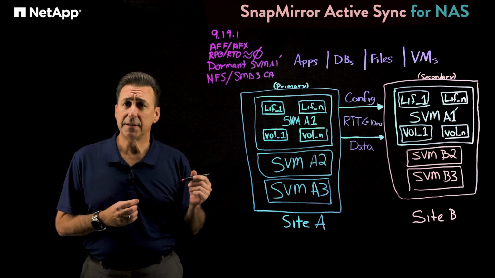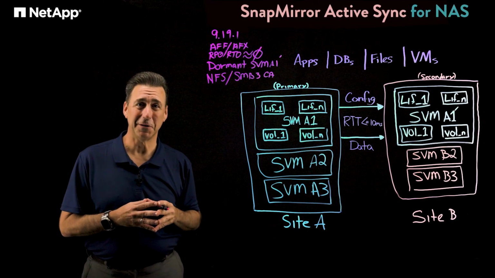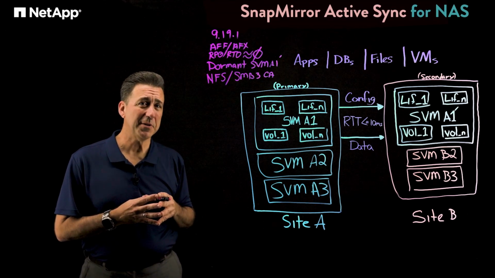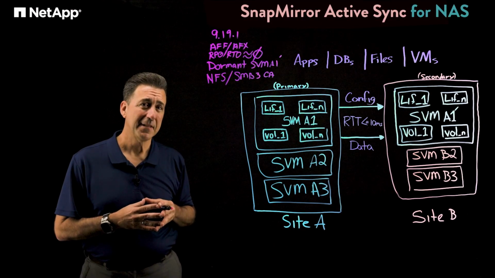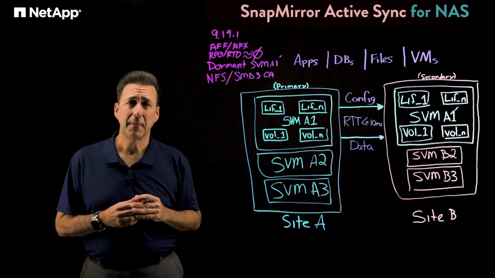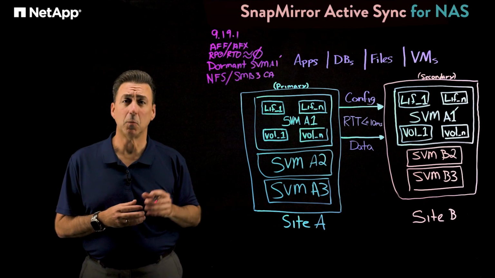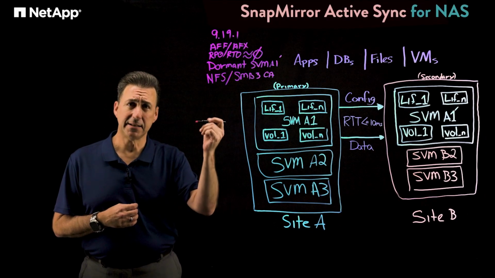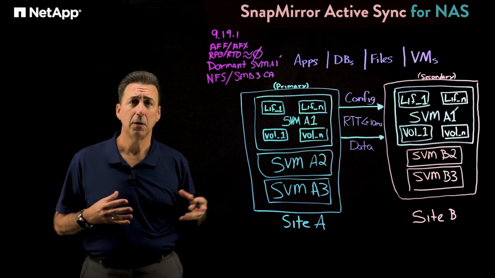Now, let's get into how we're going to make this possible. Under the covers, it's still going to be SnapMirror synchronous, just like our SnapMirror ActiveSync for SAN workloads. And because of SnapMirror synchronous, we do have that requirement or that need to maintain a round-trip time of sub 10 milliseconds. Now, in doing this, we can replicate NAS SVMs. We can also, in the same environment, have both NAS and SAN SVMs with replication relationships. We can even have all the above: NAS relationships, SAN relationships, and SVMs that are unprotected, all within the same environment.